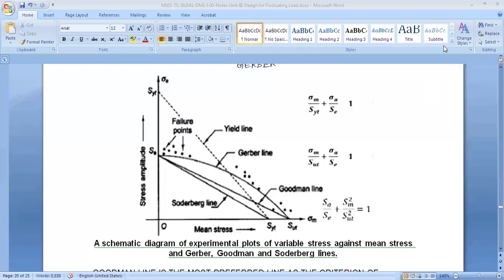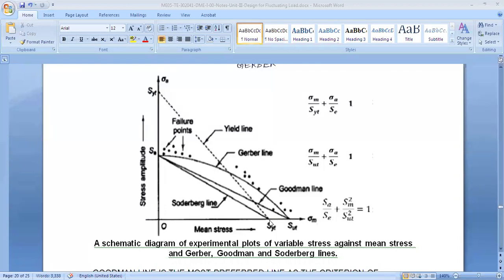Okay, so let's continue. Now we would like to see what the modified Goodman line is, why it is called the modified Goodman line and how to use it. Now see, what is the problem in the Soderberg line? It is the most conservative or most safe, but we don't want the most safe, we want the appropriate line. The Goodman line is the best line to use, but the problem with the Goodman line is that as a mechanical engineer, if the static load goes beyond SYT, from SYT to SUT, that part is problematic for us.